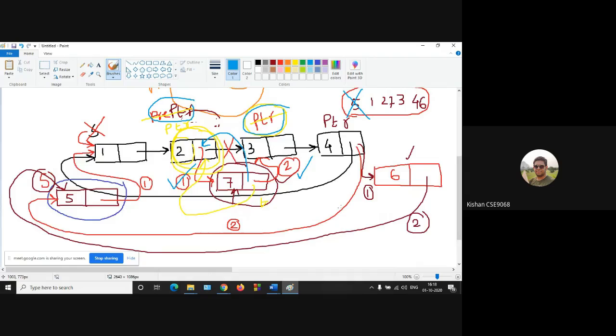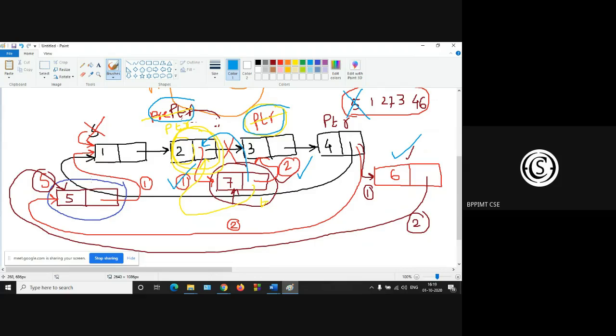Sir, we need to first make start to start.next. No, first we need to copy the start, because we need to go to the last element. Yes, that can also be done. So your first operation is to copy the start to a temporary variable PTR. Then as this is circular, you have to traverse up to the last node. Then the last node's next part is pointing to start.next, start arrow next.